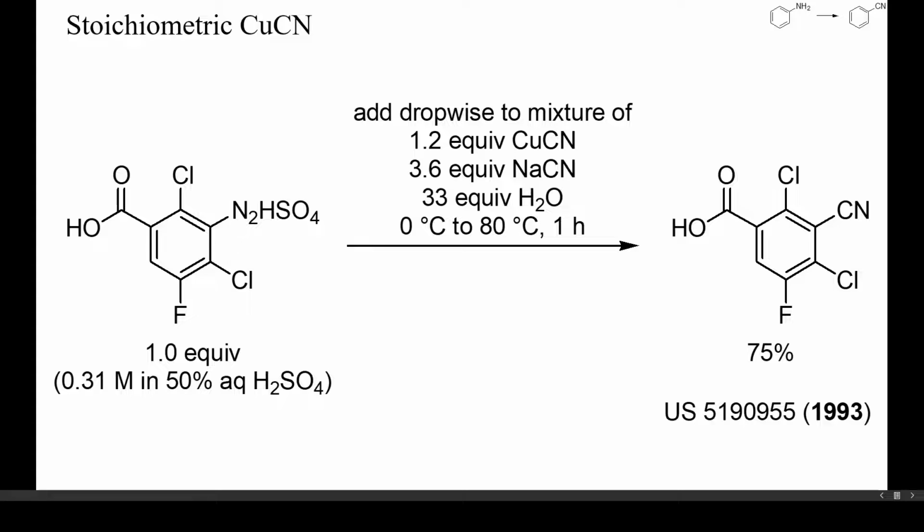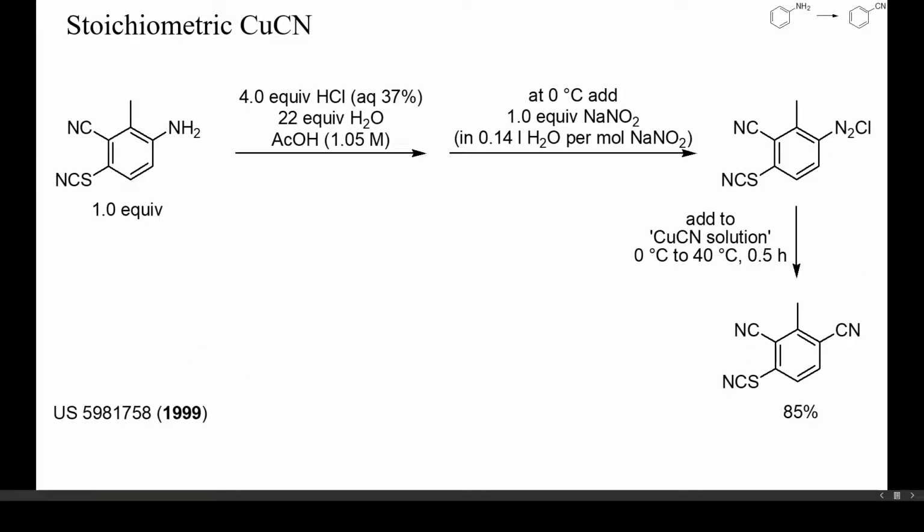With fluorinated anilines, one potential side reaction is aromatic nucleophilic substitution of fluoride by hydroxide or cyanide, because the diazonium group is strongly electron withdrawing and activates arenes to undergo such substitutions. This was not a significant problem here, though. Even thiocyanates can remain unchanged during cyanation of an aniline. In this example, the aniline hydrochloride was nitrosated with just one equivalent of sodium nitrite in aqueous acetic acid. Addition of the resulting solution to freshly prepared copper cyanide gave a high yield of the target nitrile.